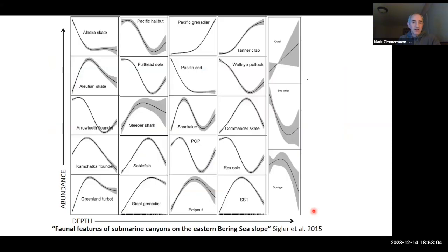One of my former colleagues, Mike Sigler, published a paper with all these lovely graphs showing how different taxa on the Bering Sea slope, including skates, crab, sharks, flatfish, sponge, and coral, have significant relationships with depth. So each graph is for a different species. The bottom axis is increasing depth from left to right, and the left axis is increasing abundance from bottom to top. The black line is the trend line, and then the gray area is the error estimate around that trend